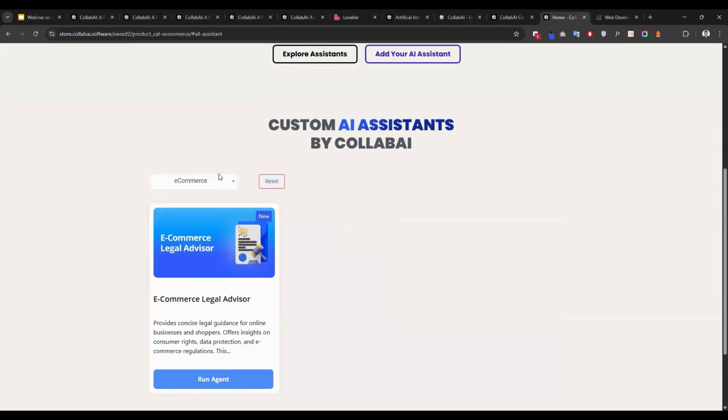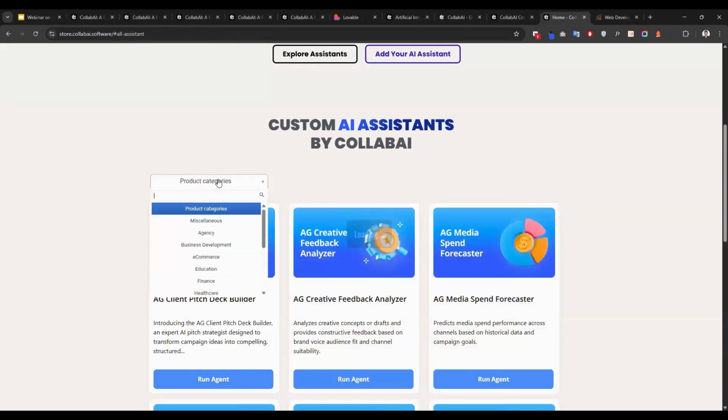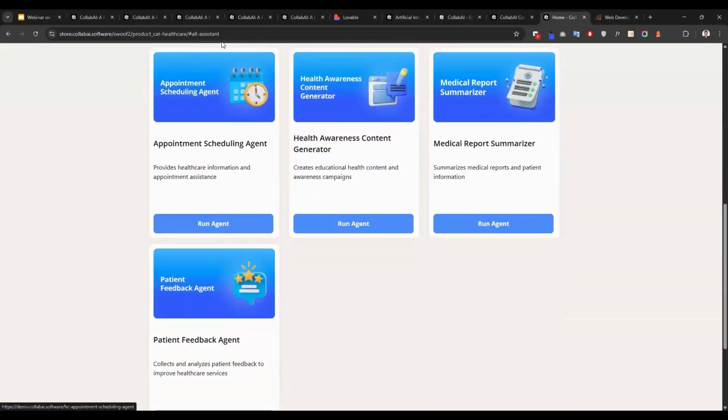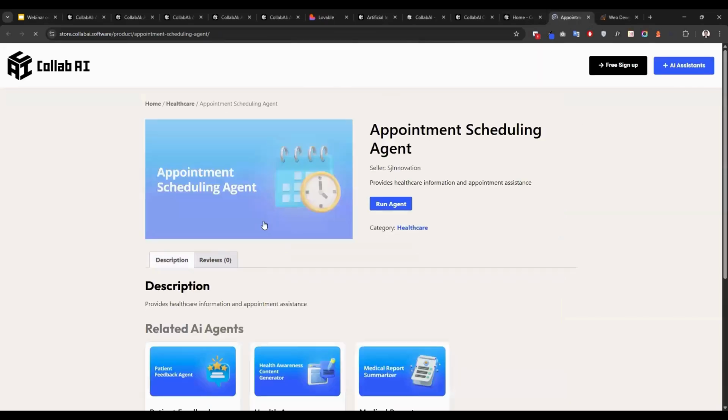If you just click over there, you will have all the agents ready for you. You can filter them based on your need. If you're in the healthcare industry, human resources, whatever you are working with, you can check them out one by one. See which agents you need, and you can click on the agents and see the details of the agent.